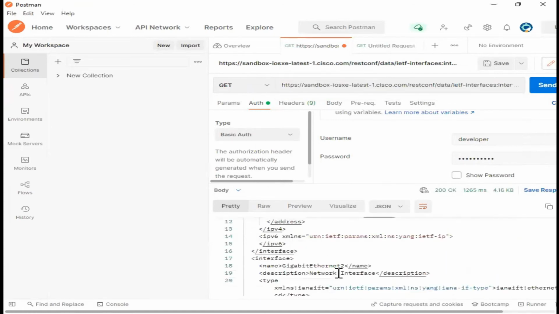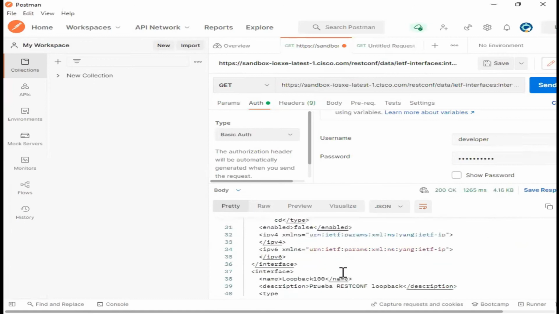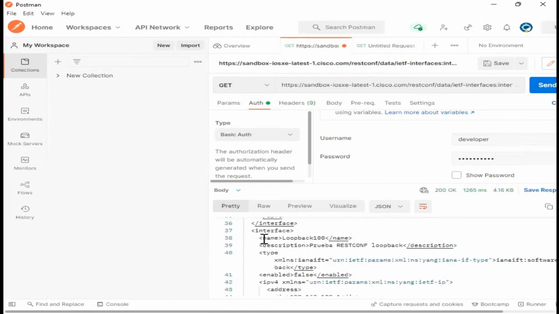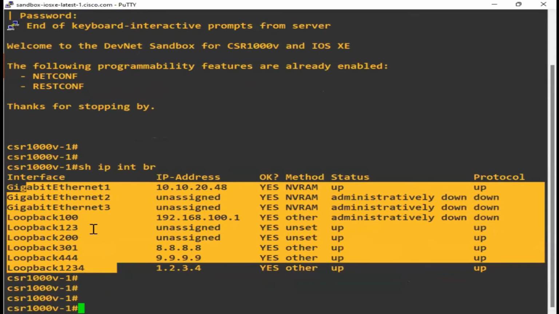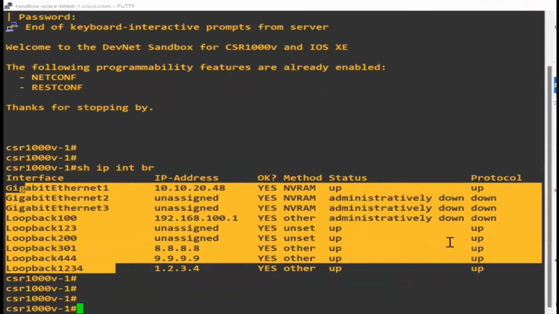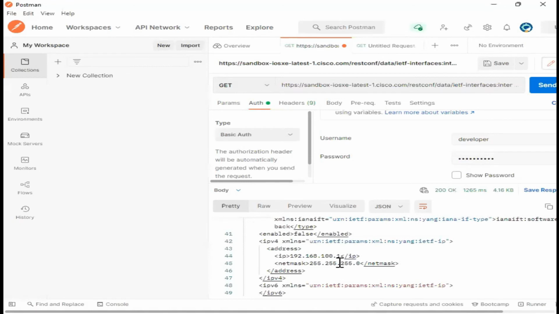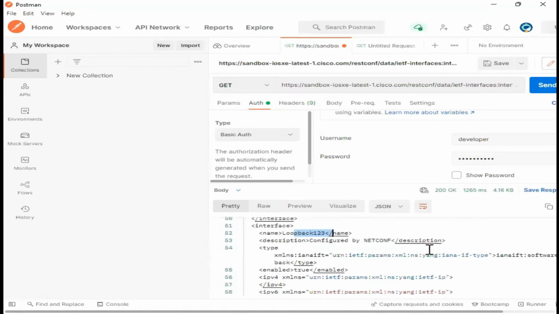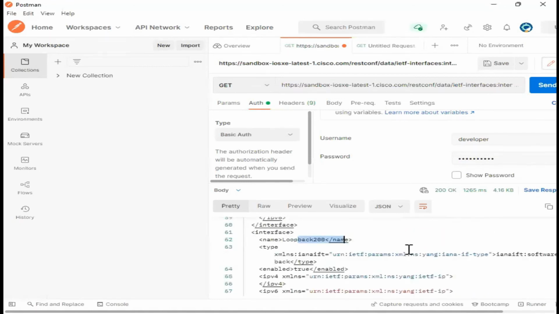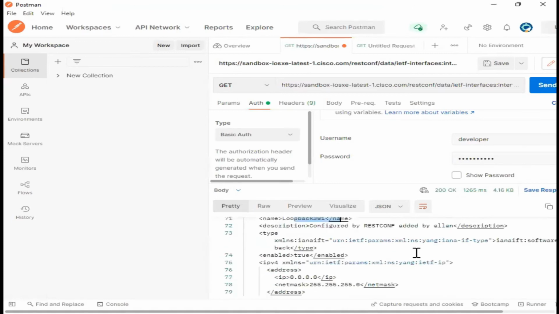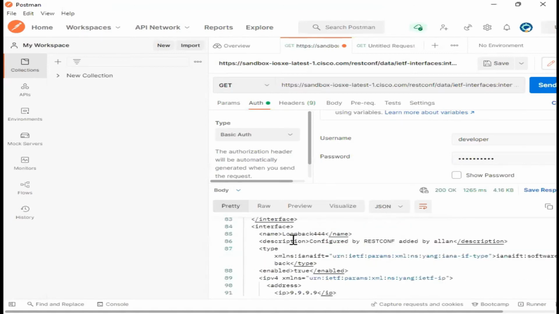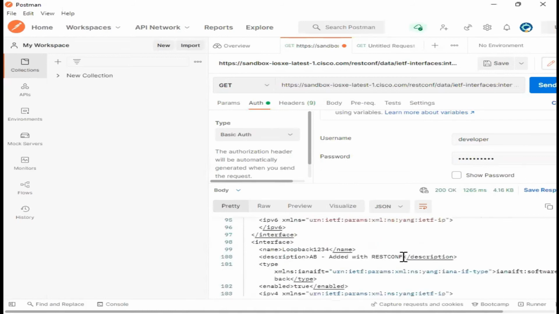If I go down, how many loopbacks were there? Let us see. Loopback 100 was there, right? Let me check PuTTY. Loopback 100 was there. 1, 2, 3, 200. Then 100, IP 123. Okay. 200. 301. Okay. 444. 1, 2, 3, 4.